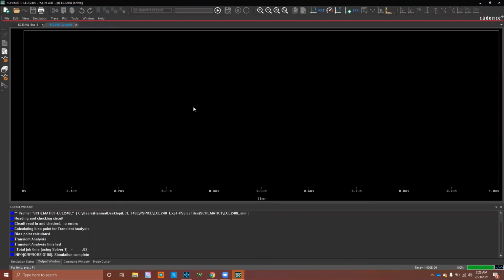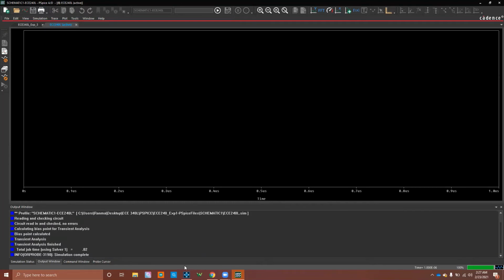Okay, so now the simulation is done. One way to tell is that you don't see the pause button and the stop button colored. Right now they're grayed out. So the simulation is done, and you can also see right here on the bottom left, the simulation is complete. Earlier we had a waveform because that was from a previous experiment. Right now it's blank. And the reason for that is because we don't have any probes on the circuit or